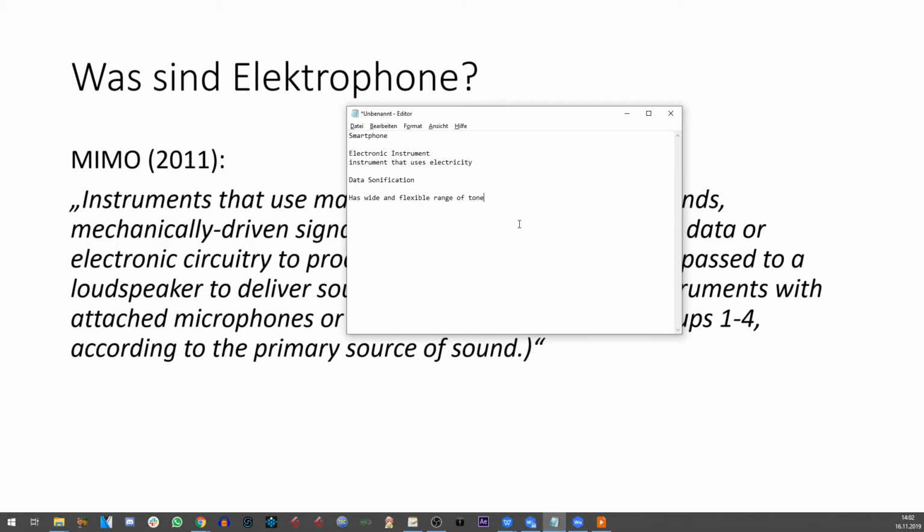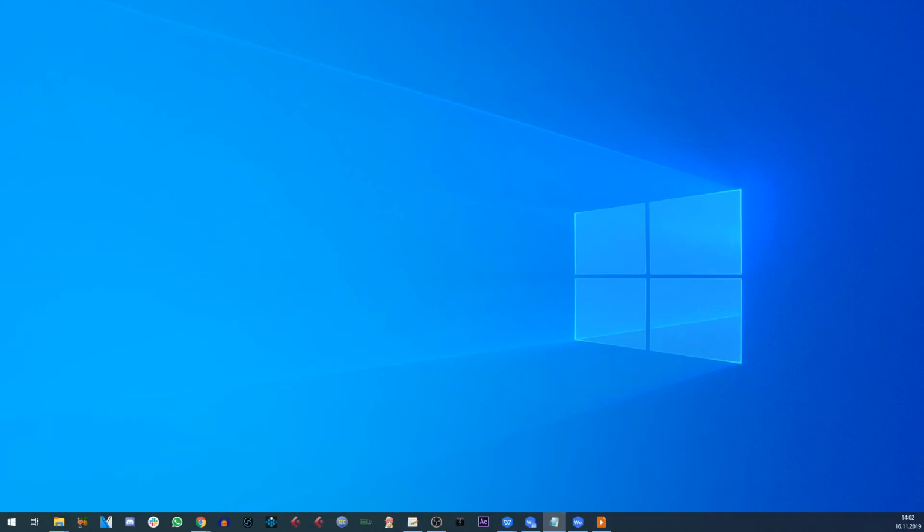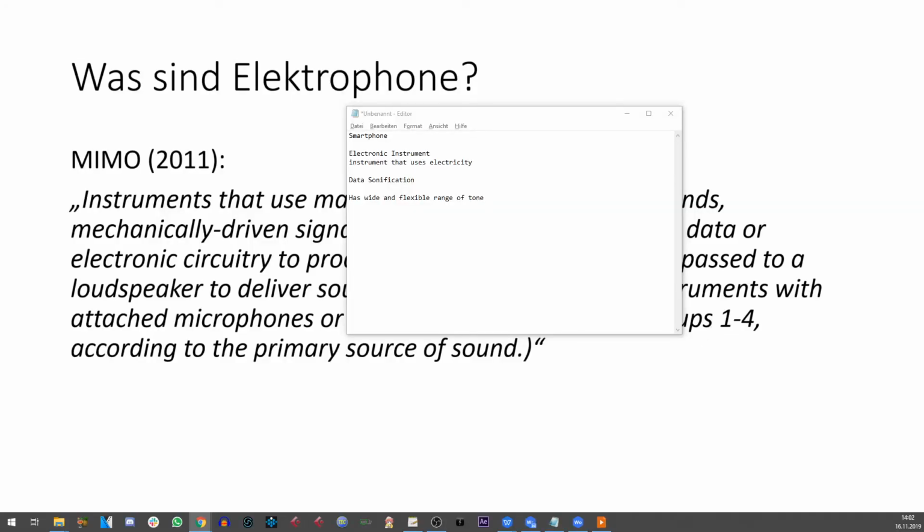Tesla coil is still electrophone. I mean, technically, yeah, since the sound is electronically processed and delivered to a loudspeaker. I don't think the coil actually produces sound without a loudspeaker. Let's see. The coil. Oh, the coil doesn't use a speaker. Are you sure?